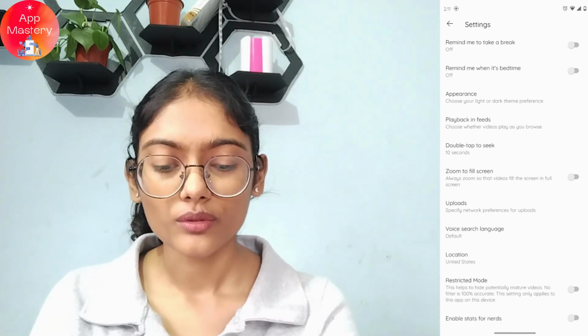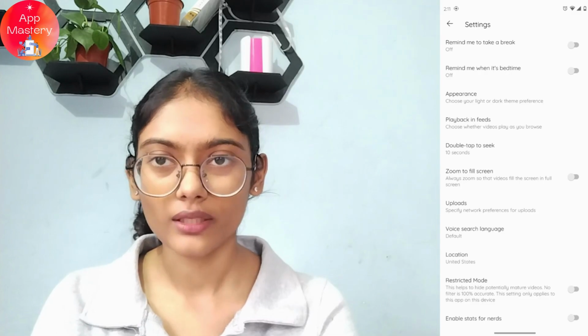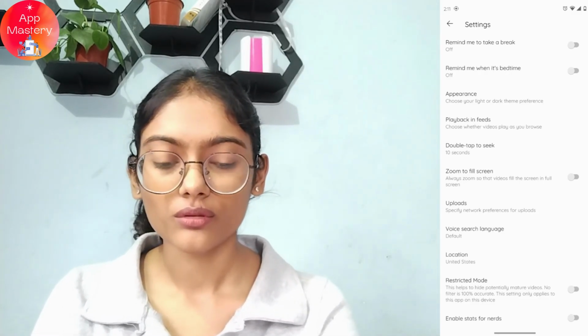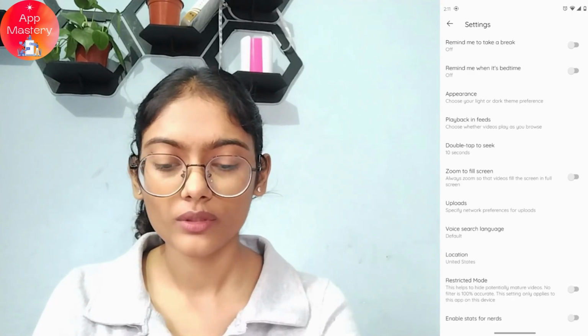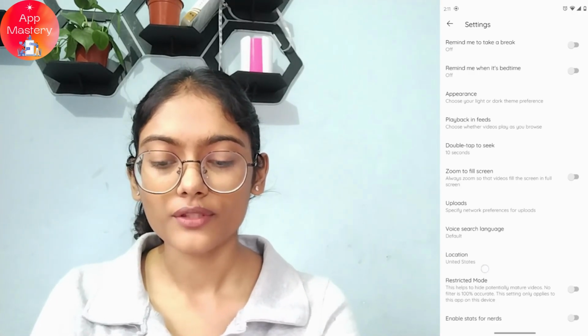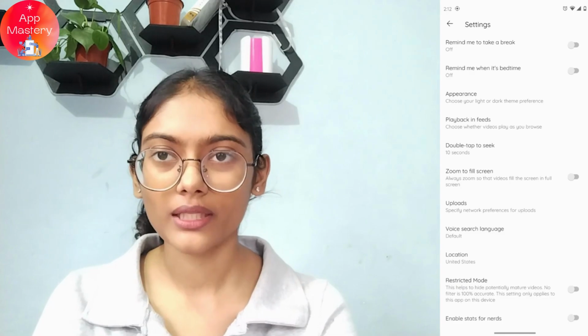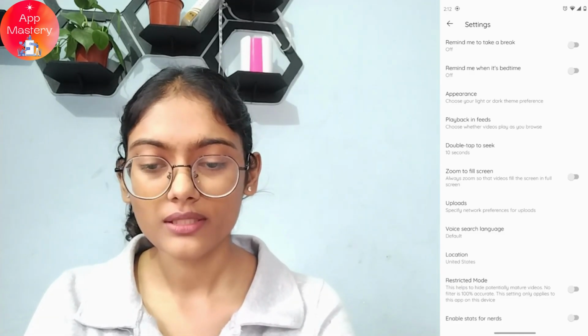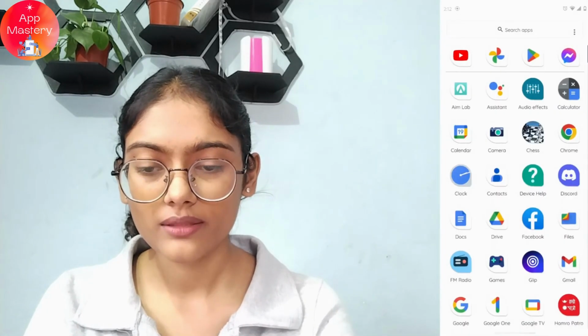If you want to see the comments of each and every video, then you have to turn off your restricted mode. So simply turn that off, which is here, and after turning that off, you might find the comments on YouTube. But even after this, if that still doesn't fix it, then you can simply open up your settings,